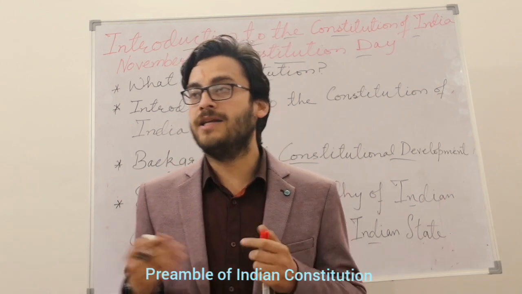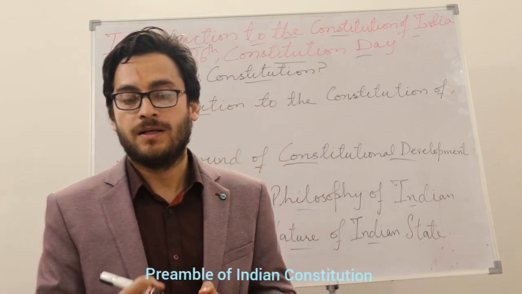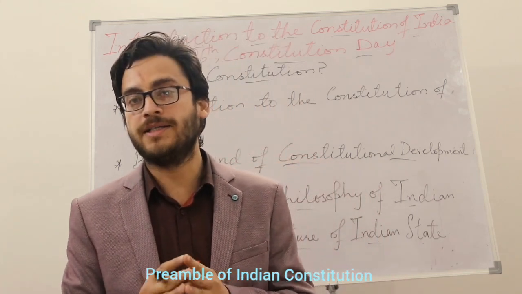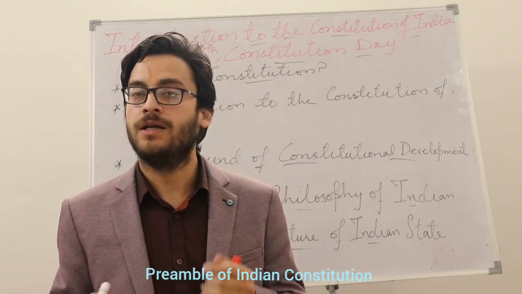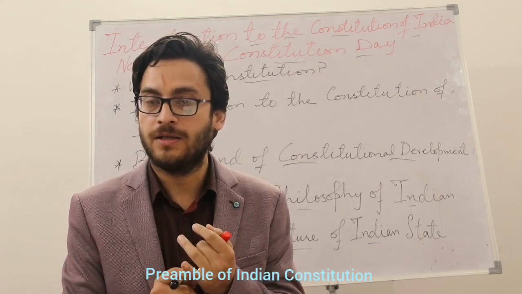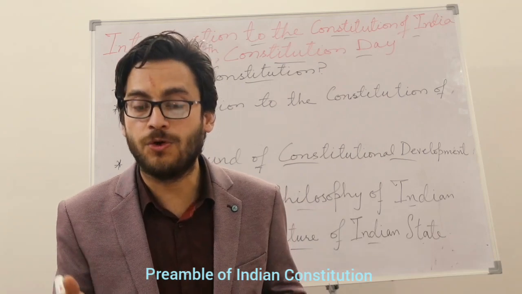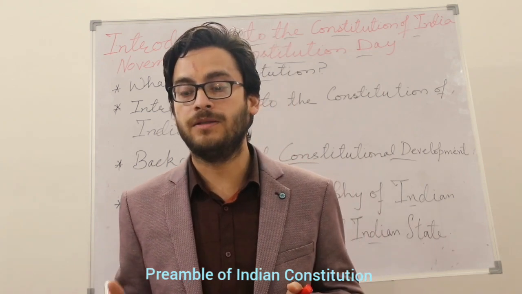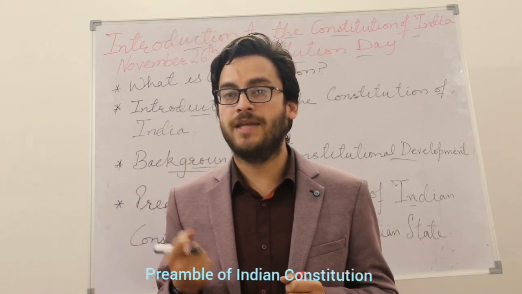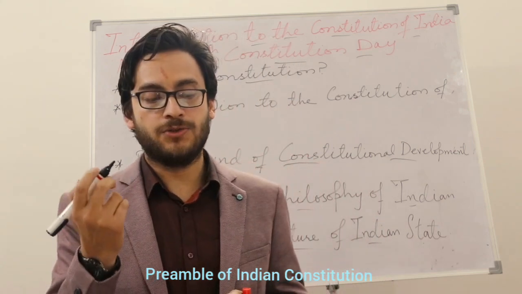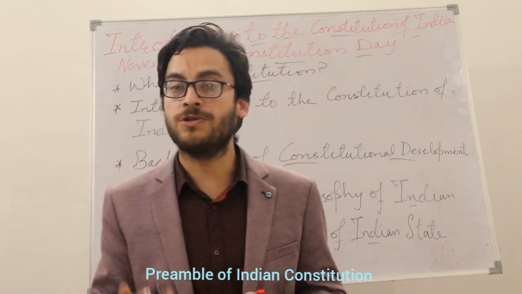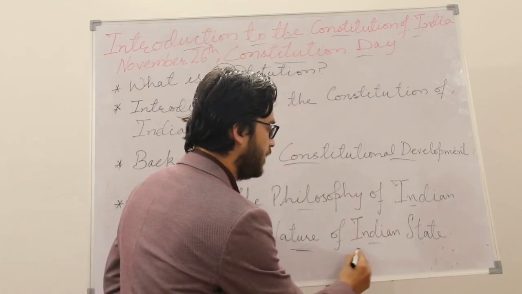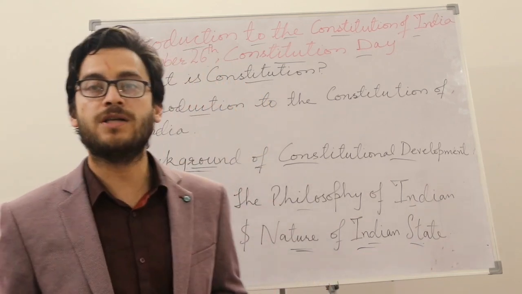Now we will have the analysis of this preamble. See, here we can see it is having four main segments. These are we the people of India. ये क्या बात करता है? It shows the source of authority. And who is the source of authority? The people of India. Okay, then after that it says that to have India into a sovereign socialist secular democratic republic. So this basically talks about the nature of the Indian state,